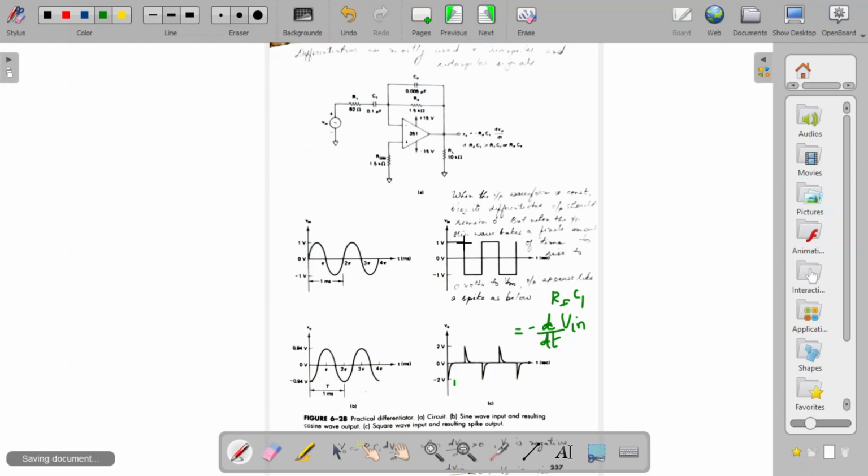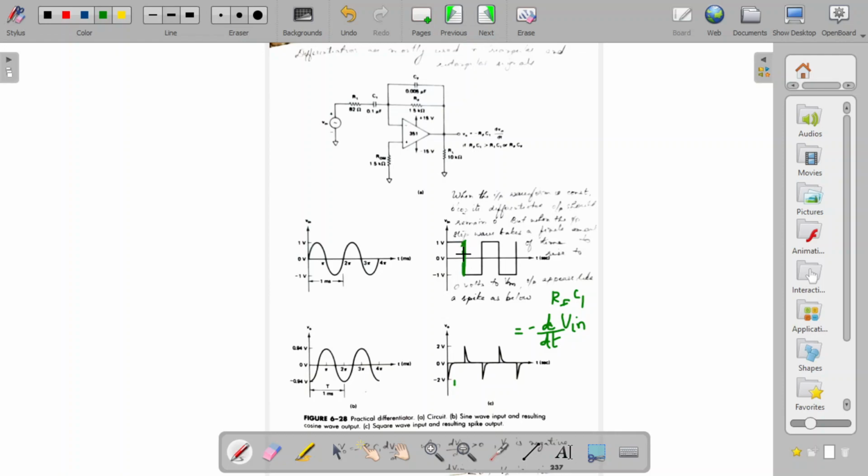Again, at this point, we can see that the input voltage is varying, that is, from 1 it is suddenly becoming 0 here, right? Since the voltage is suddenly becoming 0, there is a variation in the voltage taking place at this time. Over this time, there is a decrease in voltage, so dVin/dt is negative, because the input voltage decreases with time. Then how will you get the output? You will get a positive output.